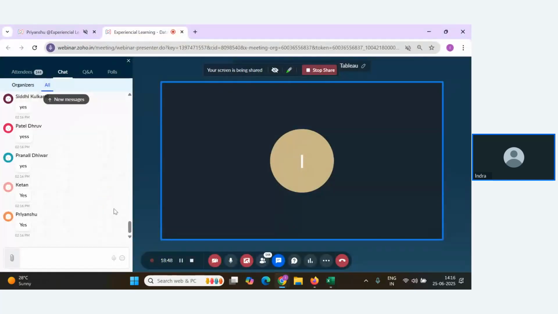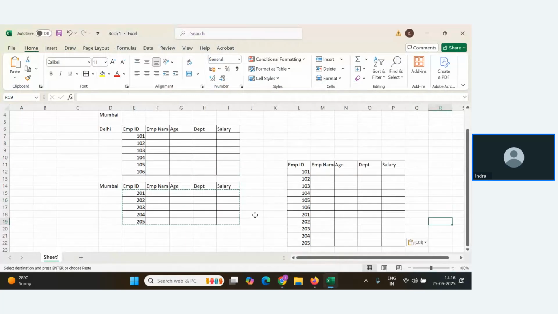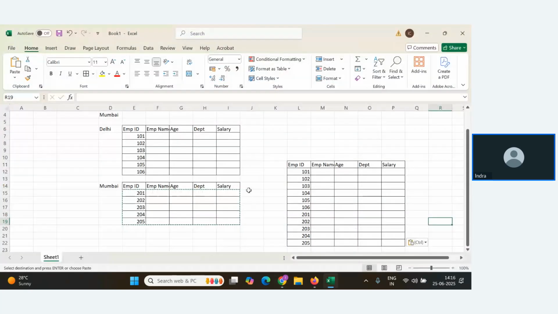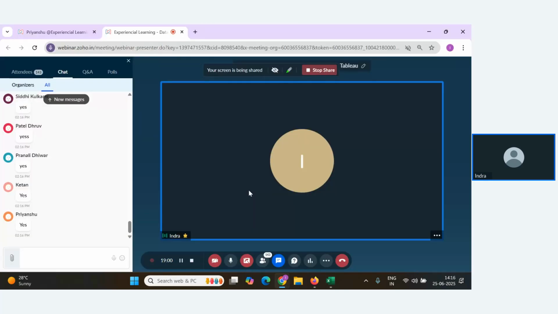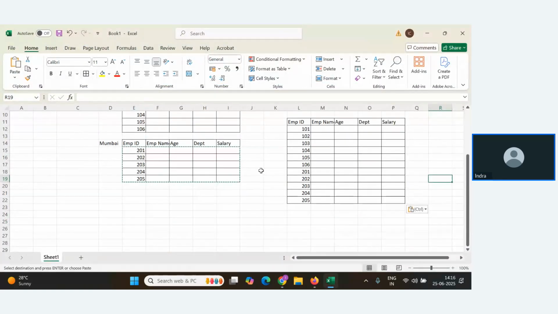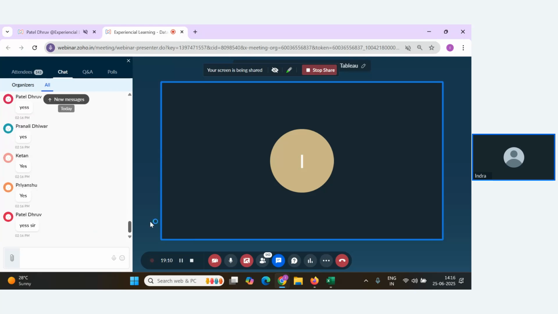In union, we are combining the tables which follow the same structure. All right, Dhruv Patel, Barot, is it clear? Now is it clear?